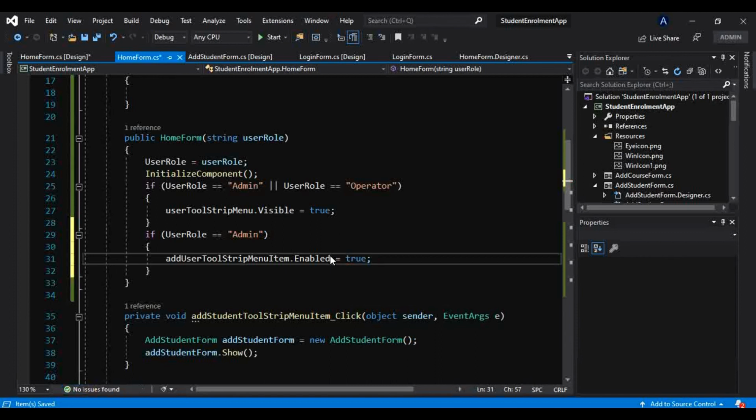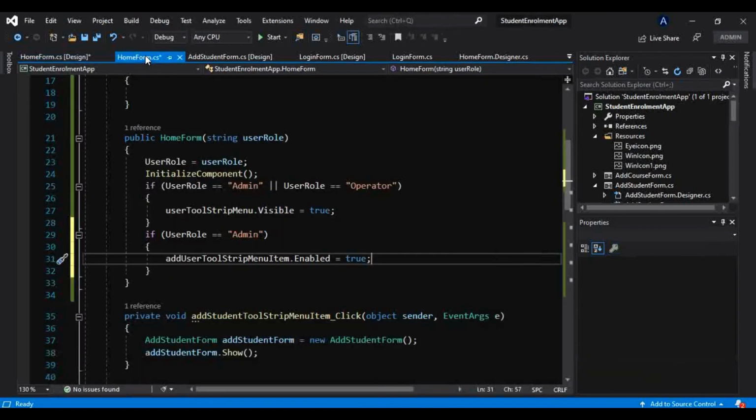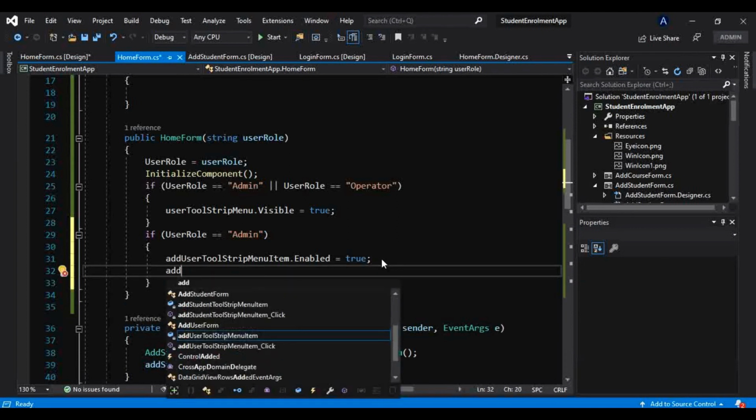Okay, and another condition we want, we have made these tabs, that is this add student and add courses tabs as disabled. We have made that disabled by default, but for admin we want to make that true. Okay, and for operator as well. So we will take one separate condition for that as well.